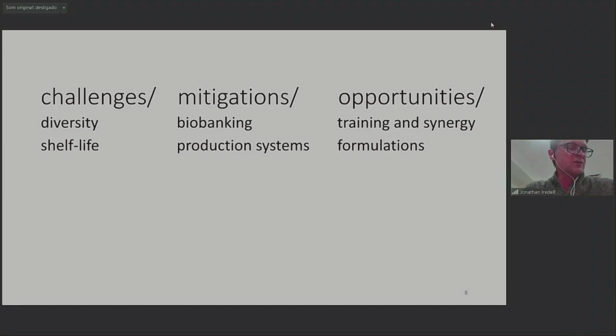So over the 300 million years or so that bacteriophages and bacteria have co-evolved, since before mammals evolved, they have diversified. And so that very diversity means that for a therapeutic option, we need a lot of different phages. So that is a major challenge that needs to be met by biobanking,